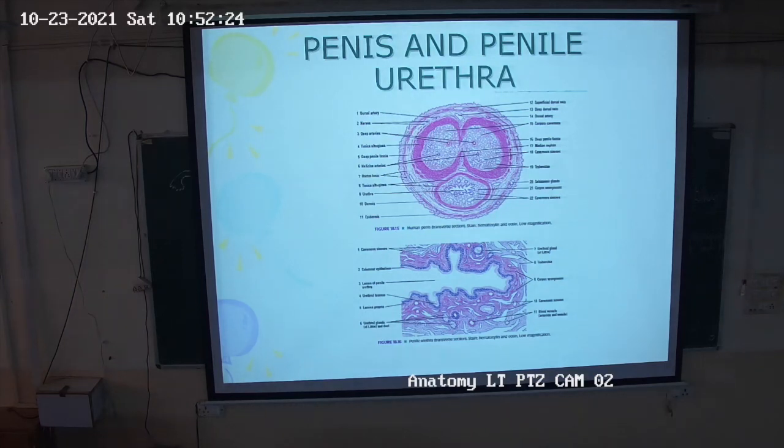Now again, here the skin part is stratified. Then it has a connective tissue part which has 3 compartments, 2 dorsal and 1 ventral compartment. The 2 dorsal compartments are each covered individually. These are covered by the tunica albuginea. So the tunica albuginea in the 2 corpora cavernosa is thickened as compared to that of the corpus spongiosum.